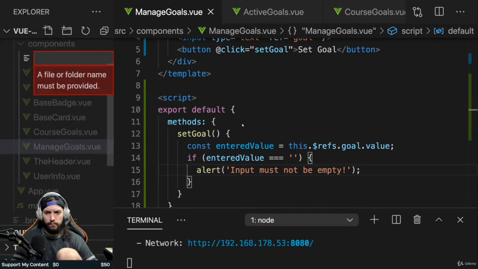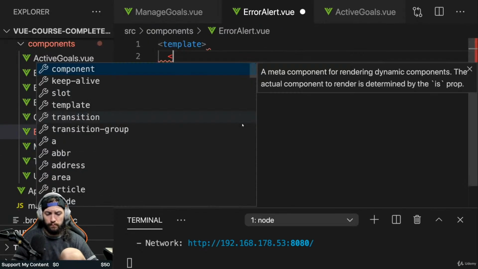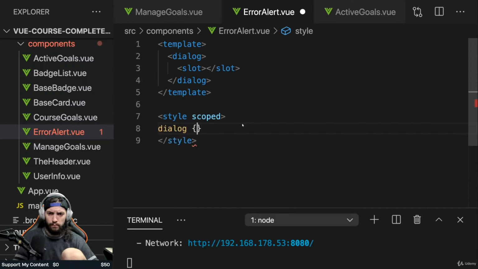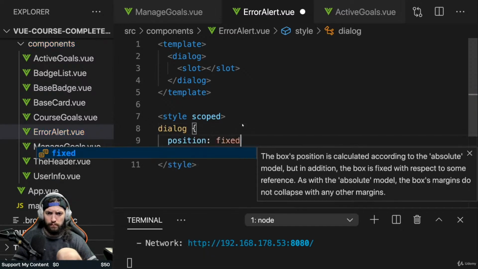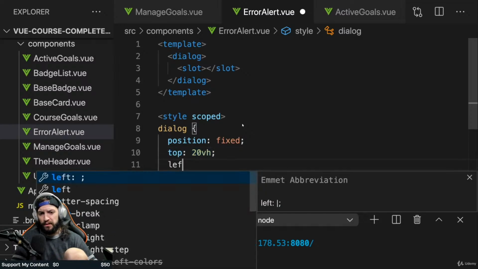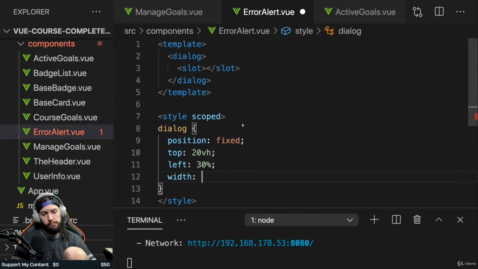And that's exactly what I'll do here. I'll build my error alert.vue component here, and that will be a very simple component which uses the built-in dialog element, which is a default HTML element, to output some content. And actually here, we could use some slot content to be flexible regarding what's shown in that dialog. Now I will add some scoped styling here real quick, targeting this dialog, giving it a position of fixed, top 20vh to move it 20% down from the top of the window, and give it a width of, let's say, 40%, so that we have a centered dialog here in the end,